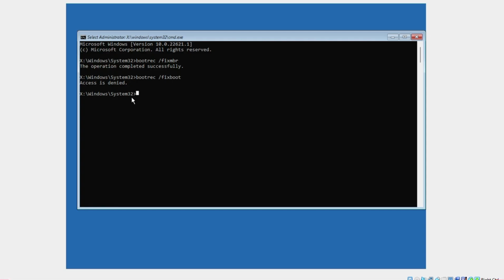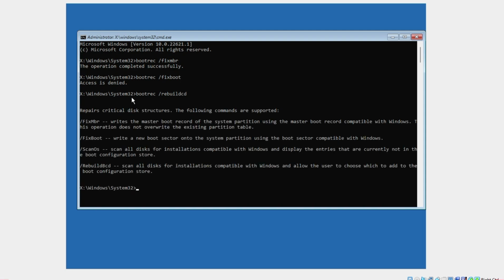Next one, bootrec space slash rebuildbcd. Okay, then